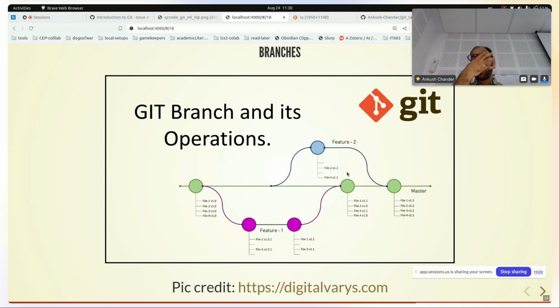So merge conflicts abhi nahi dekhenge. Why? Because you can simply avoid merge conflicts by pulling the latest code when you start to code, right? And by being friends with all your colleagues so that they keep you informed that they are also making changes to some files which you are also working on, right? But